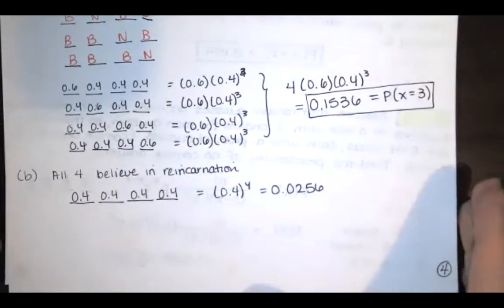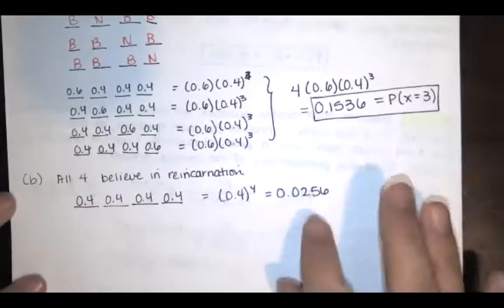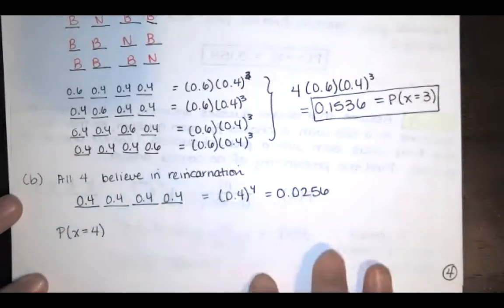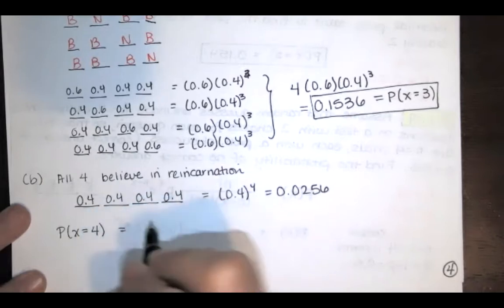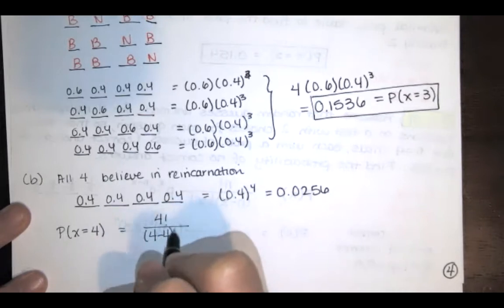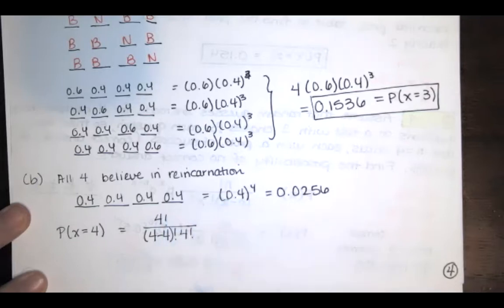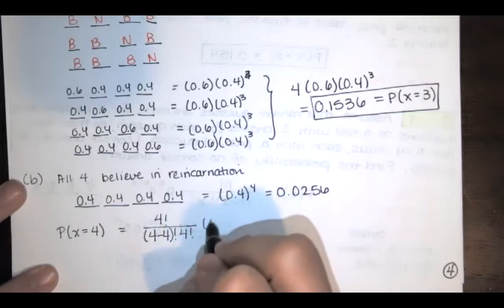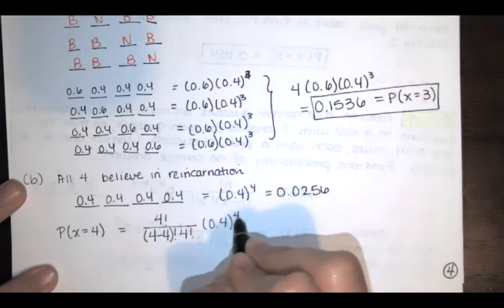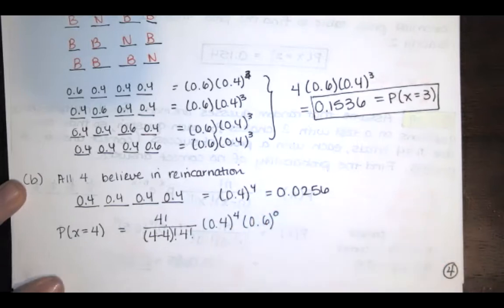Okay, now, if you wanted to use the probability formula, you could, and I want to show you that you get exactly the same answer. So what's the probability of 4 successes in 4 trials? Well, if n equals 4, we've got 4 factorial up here. Then we've got n minus x factorial times x factorial times the probability of success in one trial raised to the number of successes times the probability of failure in one trial raised to the number of failures.